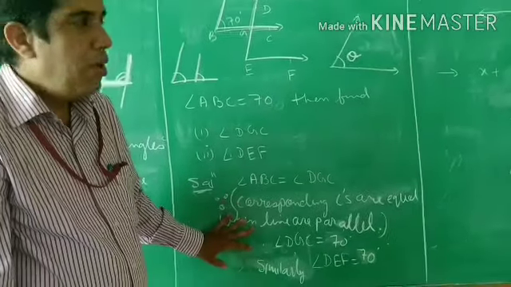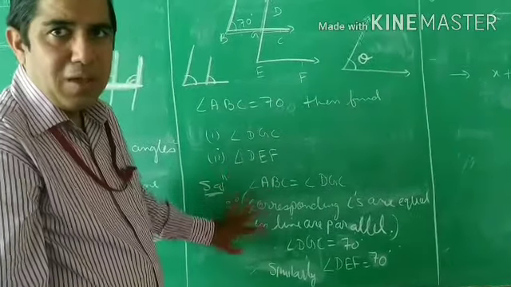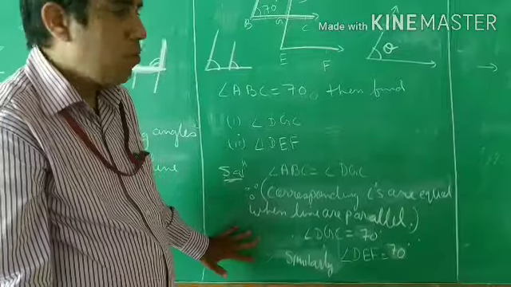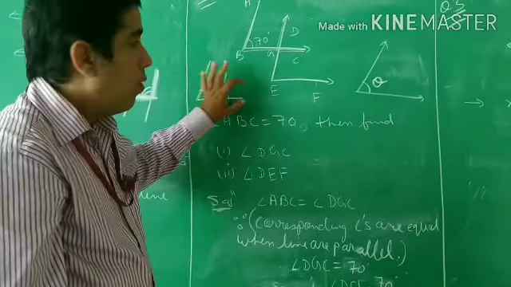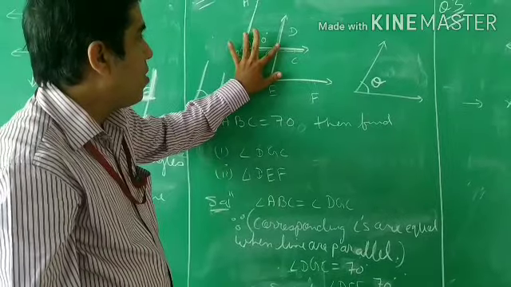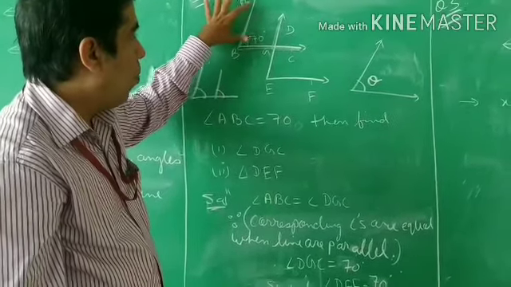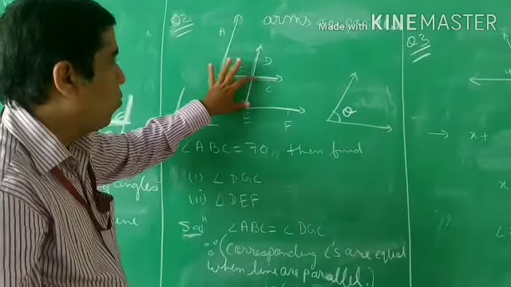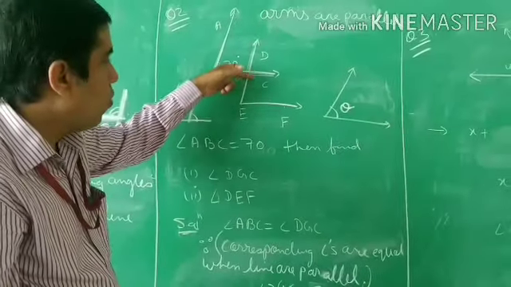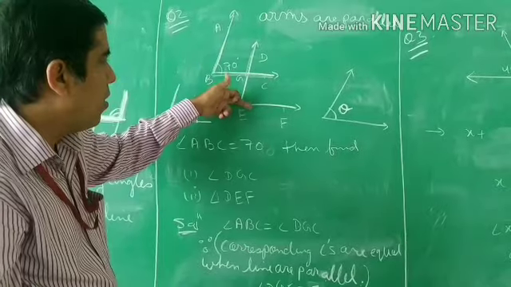Don't mug up; try to understand the steps and try to understand the result, what I mean to say here. Here corresponding angles are equal, so when the corresponding angles are equal, both the arms are parallel. You can see this arm and this arm are parallel, so I use this result here. Now here I am going to use this again. So here this arm and this arm are parallel.